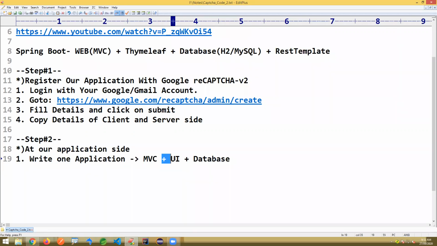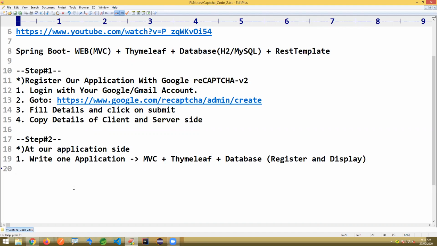Web MVC plus UI, and for the UI I'll use Thymeleaf. With the database I'm going to perform a register operation and a data display operation, to register and display all registered account data.